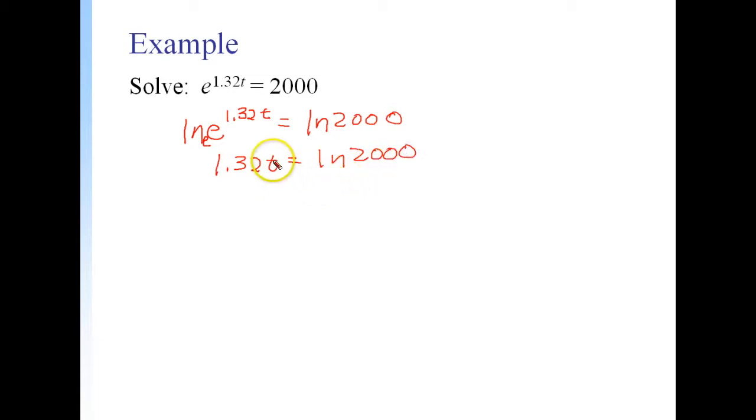So to solve for t here, and this is critical, and by the way, take notes on this. This is the model you will use. You're going to divide both sides by 1.32, and you will get t then. You put natural log 2000 divided by this number, 1.32. This is a regular number, and that will give you, again, your approximation,